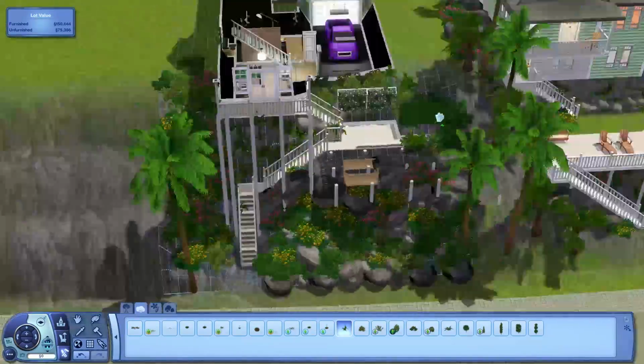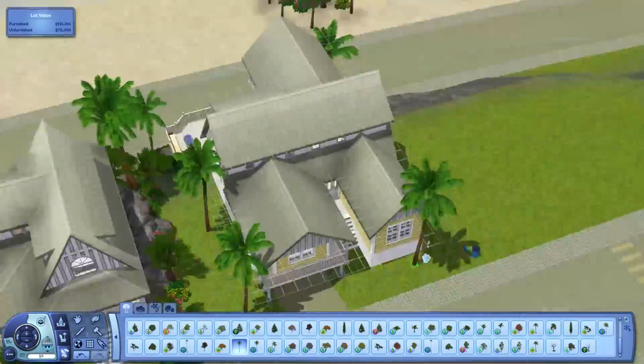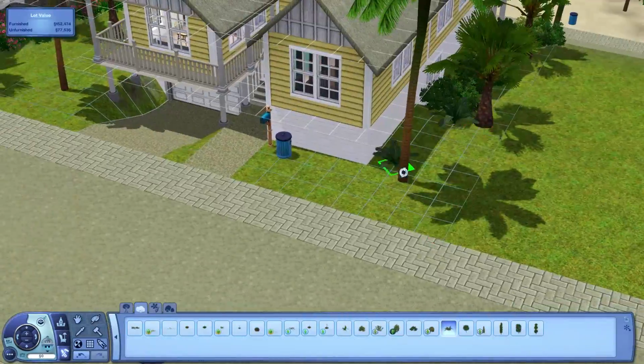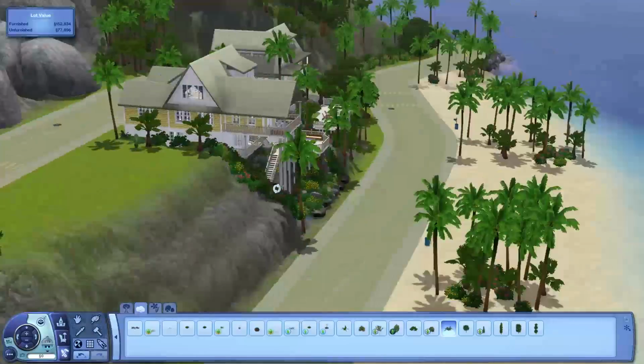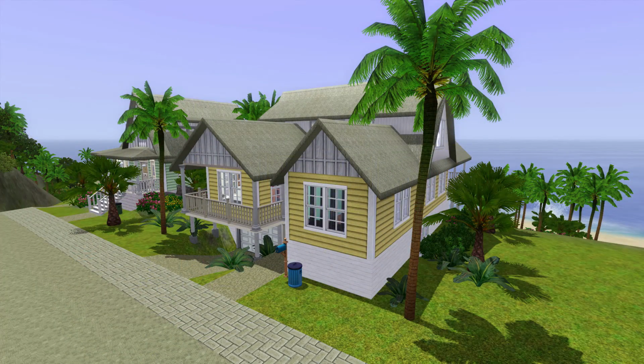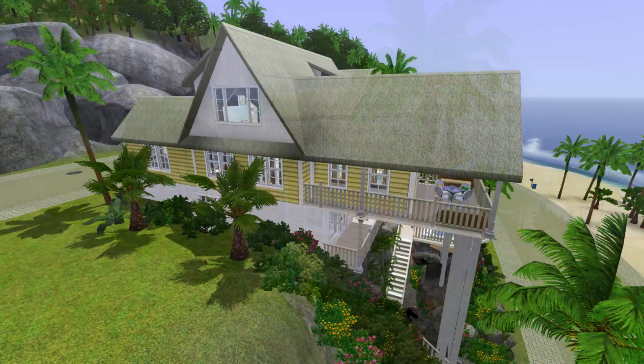So there we go. Just sort of finishing it off with a few palm trees here and there to match the look of the island. And we're about to jump into the screenshots now, where you get a good look at everything in nice detail. So obviously there's the front of the house. You can see the beautiful ocean behind there at the back. And we're just going to sort of rotate around the house so you can get all the exterior shots here